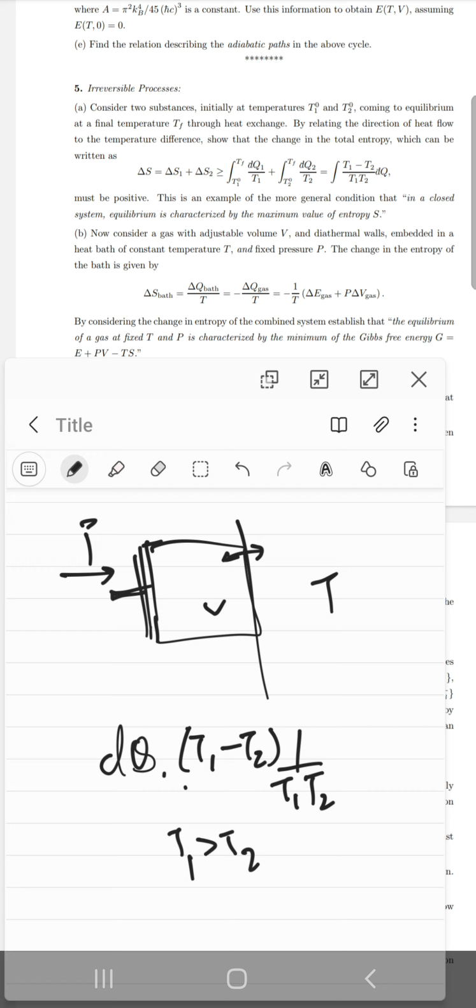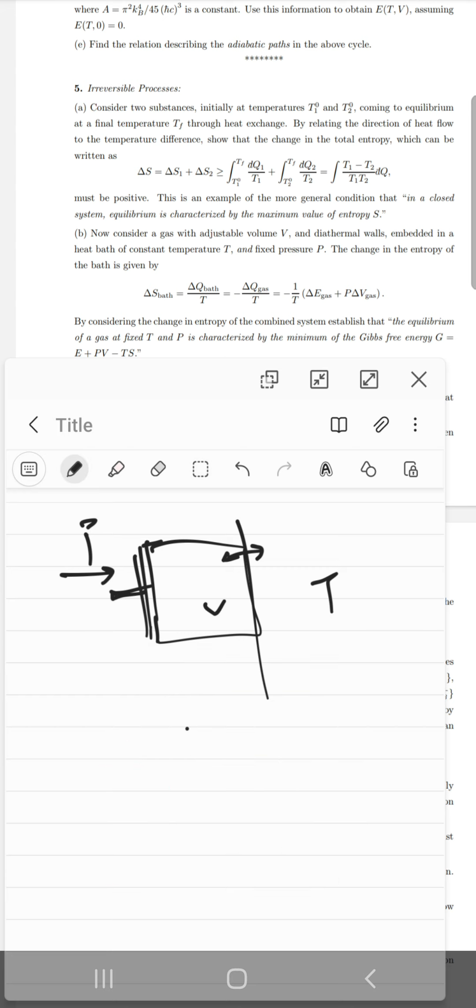Cool. So as long as T1 is bigger than T2, we have assumed that heat will flow from hot to cold, right? That's what they're telling us to do. And so using that, it's easy to show that this quantity is positive. So I don't know what there is to show about it. I'm just going to move on. The second part is,